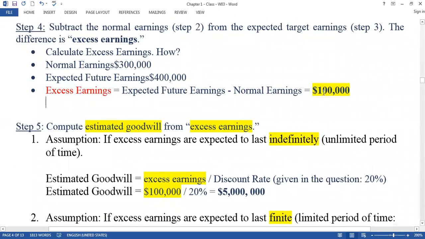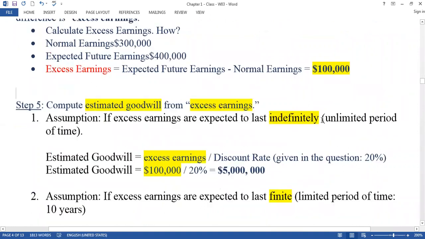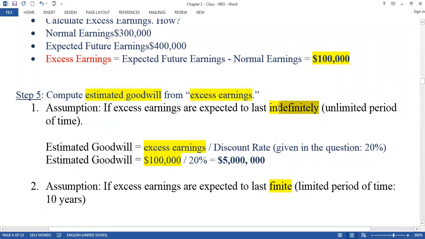After that, when we have excess earnings, then we have to find some keywords from the question. Which are the keywords? For example, one of the keywords is expected earnings. So this expected earnings you are expecting to earn in the coming year, right? So this is your expectation. But how many years are you expecting this kind of excess earnings? If you assume that this expected earning will have an indefinite period of time, okay, then